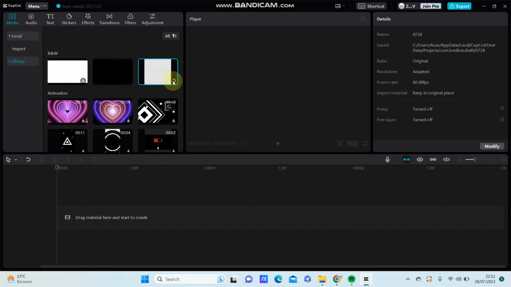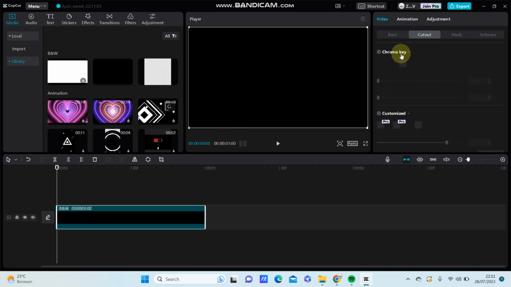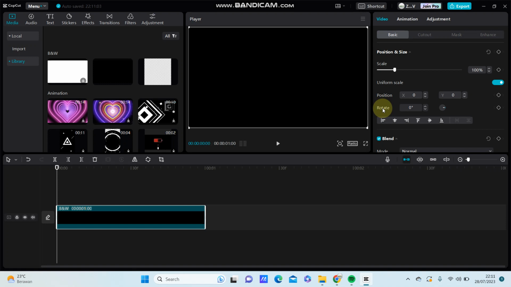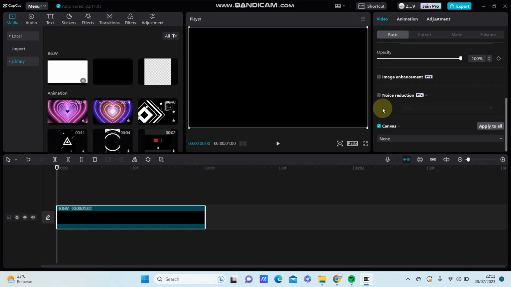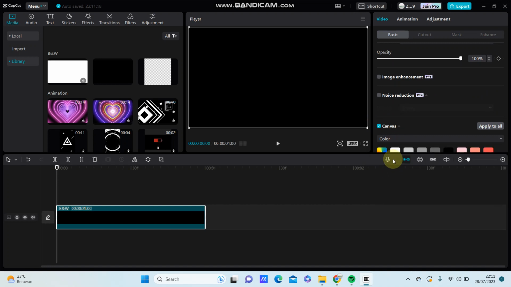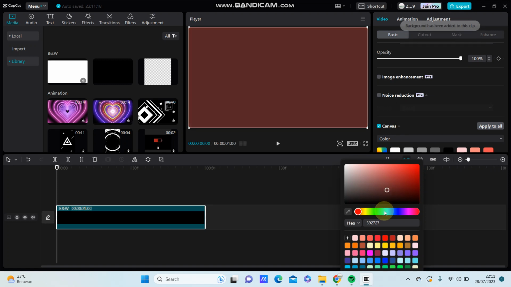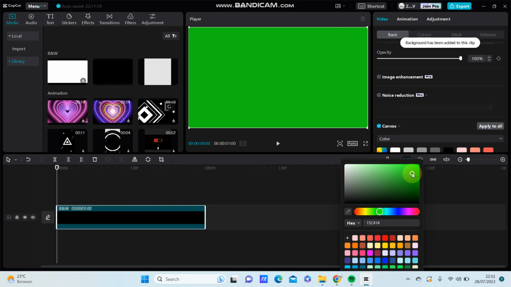So for example, select PNG and add to the timeline. And I'm just going to change the color. Select canvas, select color, and select the color you like. And after that, you are just going to